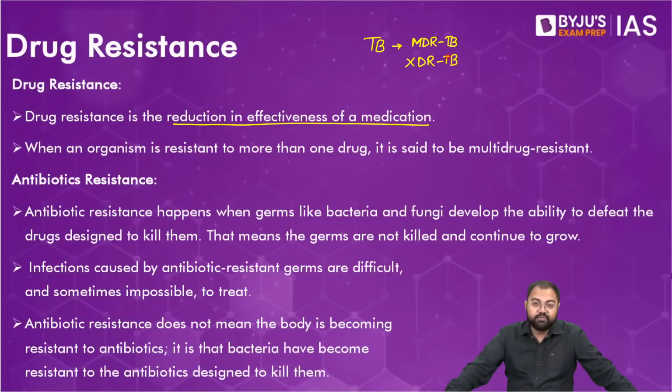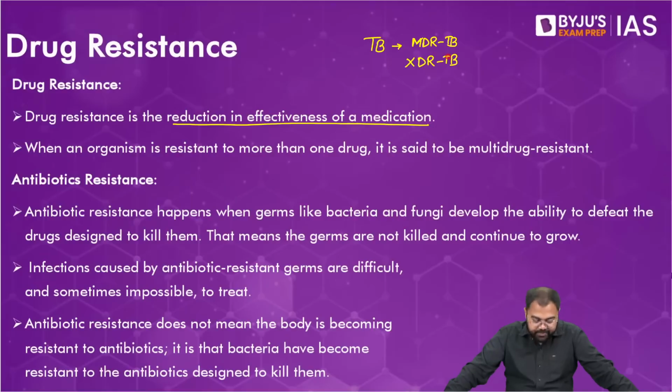So it has become one of the most common drug resistance cases in the world, where the normal medications that we take against tuberculosis are not effective at all. So when there is any kind of reduction in the effectiveness of medication, this is what we call